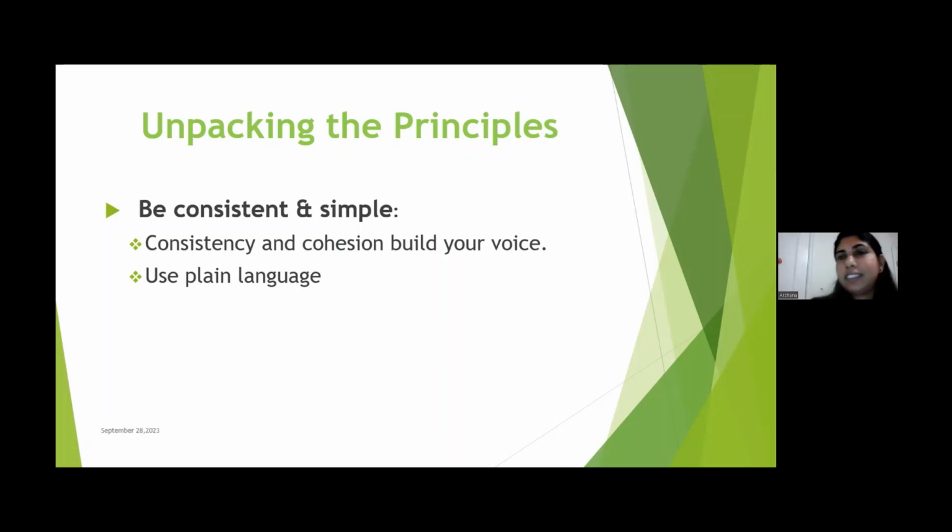Okay, it's about being consistent and simple. Do you think that if we are simple, it will be effective? Or if we use tough things, will it be more effective and our audience will get more? What do you think? Yes, simple and soft. We have to use very simple and soft language. Yeah, absolutely. No one in history has ever said that it's too simple to understand, right? If it is too simple, it's okay. We don't have to show off, right?